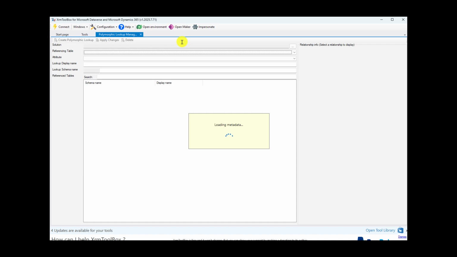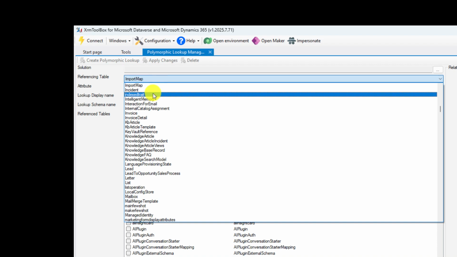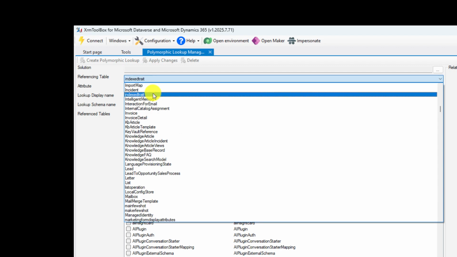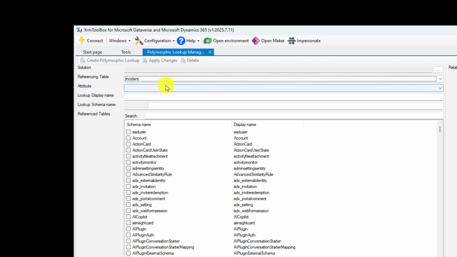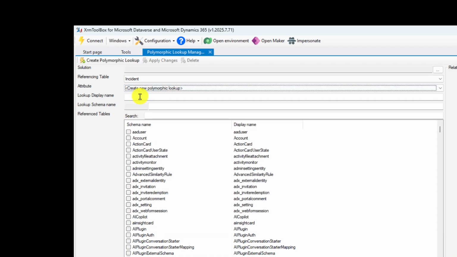So I'd already set up a connection. We're connected here to my sandbox. Okay, so let's find the case, which is actually incident in Dataverse. So let's find that. So I'm just going to say create new polymorphic lookup. Lookup display name is going to be, I can't remember what I said before, but